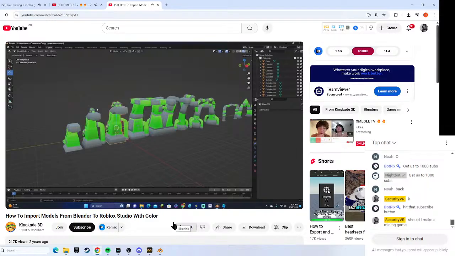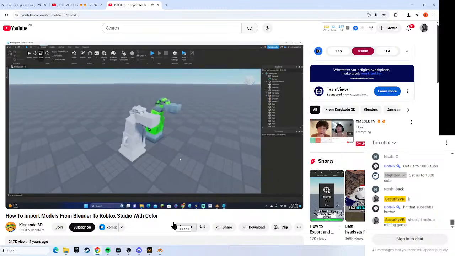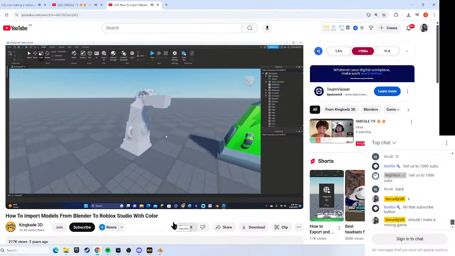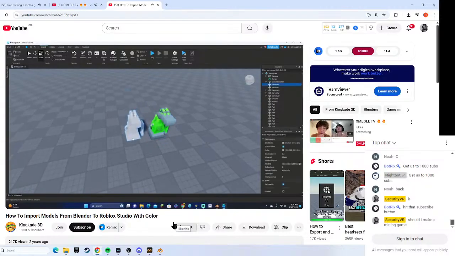Most people, what they do is they go file, export, and they export them as an OBJ file. But if you do that, they will go ahead and show up in Roblox Studio with no color. And then you can still add the color, but you do have to add the texture manually,